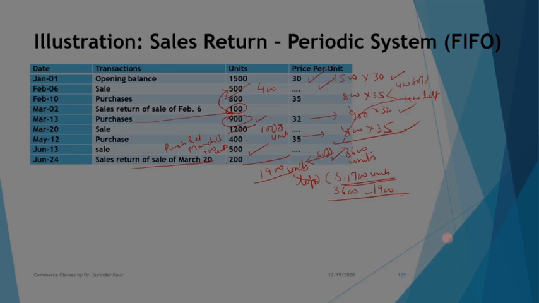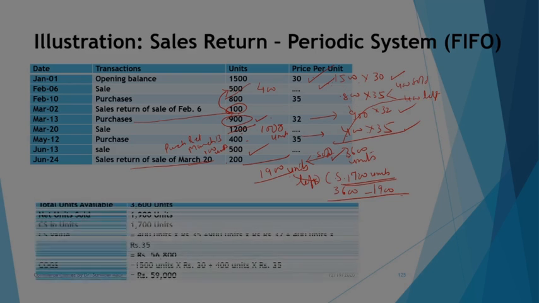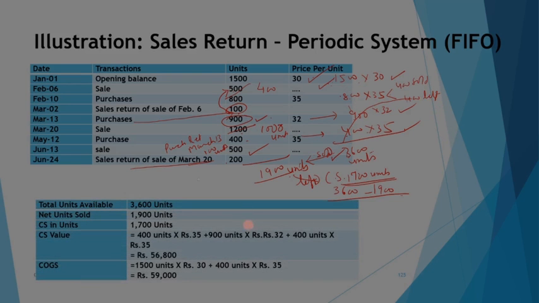Had it been, say, LIFO, LIFO will imply the last in first out. So units must be left from the initial lot. So in that case, your closing stock will be 1500 plus 200 units of this lot. And in weighted average, we average out the price fluctuations. So your closing stock, as we have understood, 1700 units, 1900 have been sold. So closing stock as per FIFO system will be from the latest lots.